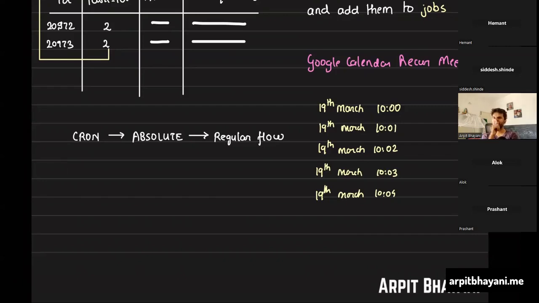But Hemant, the buffer is there, but again, as you said, why is there a need for a buffer? Why can we not live without it? Can we not just schedule one task in the future? There has to be a strong reason for that, right? Let's keep brainstorming on that. Siddesh, you want to add?